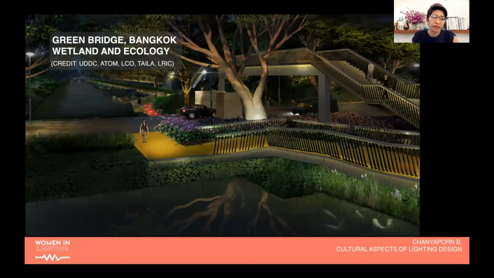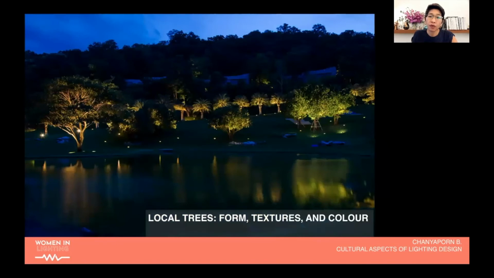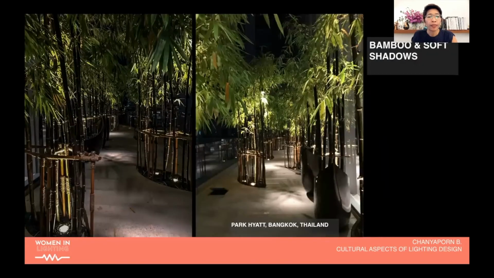greener Bangkok. This area is going to be a wetland area and ecological park, right? So culture is learned. So we are hoping our involvement in this project will contribute to that new culture of Bangkok. The next element I mentioned was local trees, to which we normally respond to distinctive form, texture, and color of the leaves. Thailand is a tropical country, so the leaves don't change color. So we just play with different color temperature and texture of different local trees.